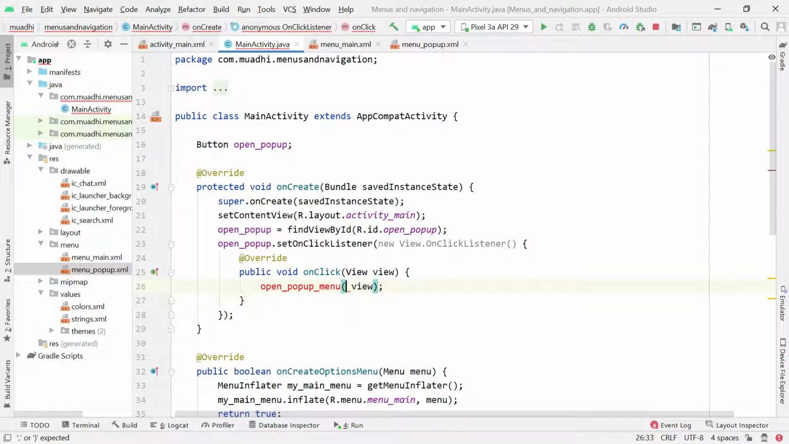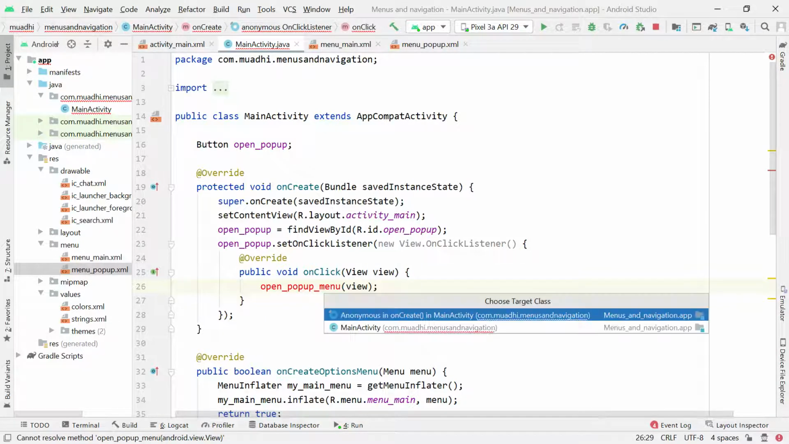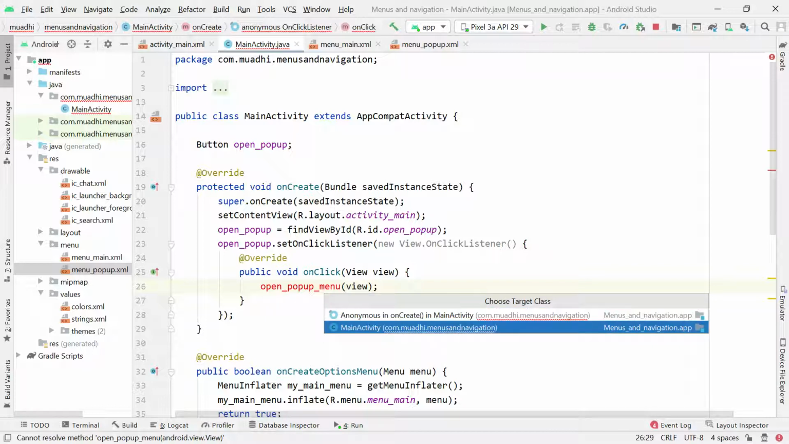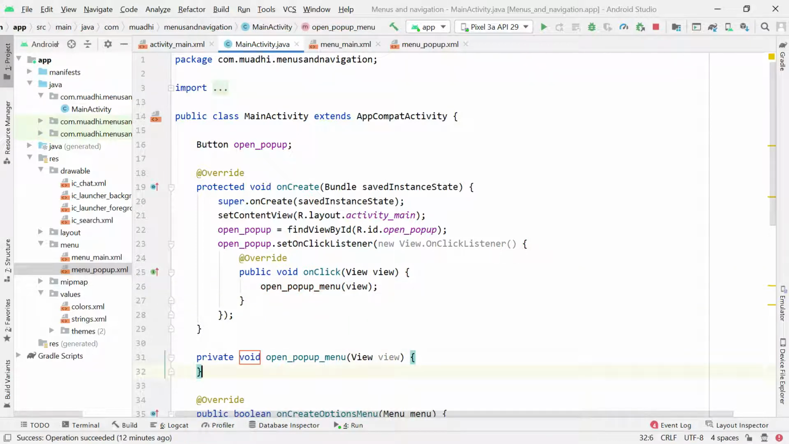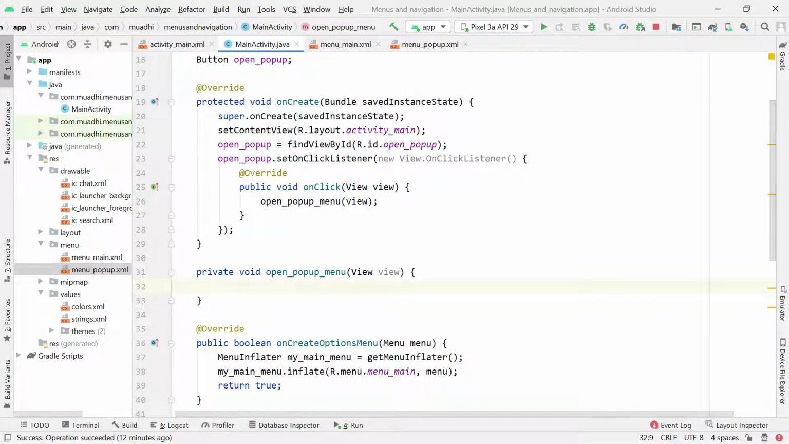I just pass to it this view that was given to me. Remember, when you click on this, it gives you the view, which is the thing we just clicked on. So I press Alt and Enter, and they ask me to create this method for me, and I select main activity. So you see, they have created that method for me without any hassle. It means that when I click on this button, this method will be called. So I want, when this method is called, to create a